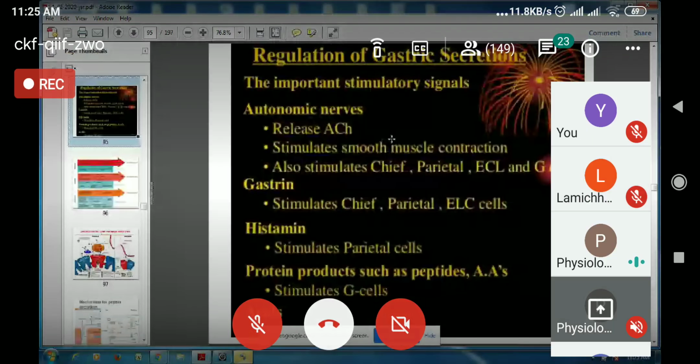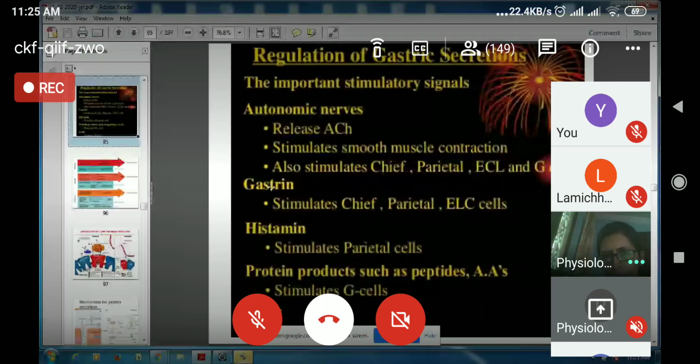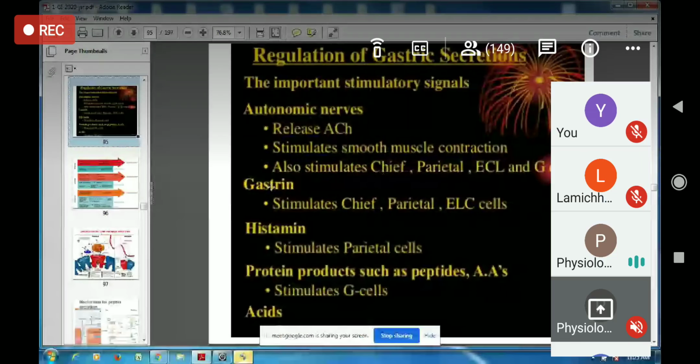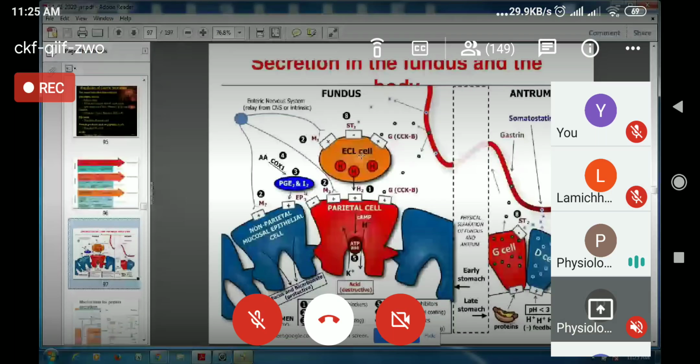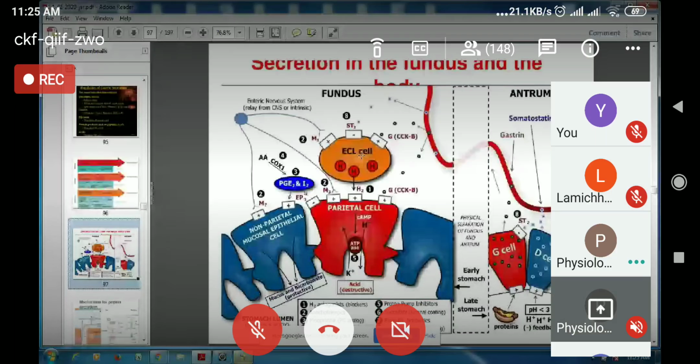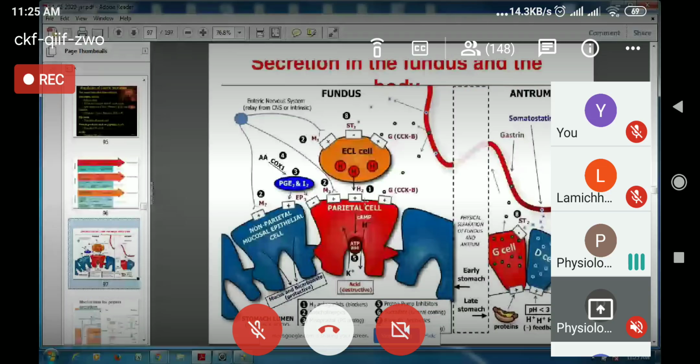causes increased gastrin secretion from G cells, and this gastrin in the blood stimulates HCl secretion. Similarly, ECL cells, that is enterochromaffin-like cells, produce histamine, which acts through its H2 receptors on the parietal cell and leads to an increase in HCl secretion. Okay, and the acetylcholine, that is parasympathetic stimulation by vagus.